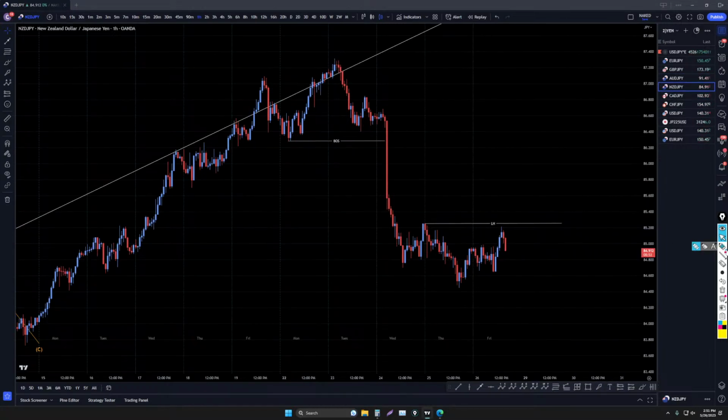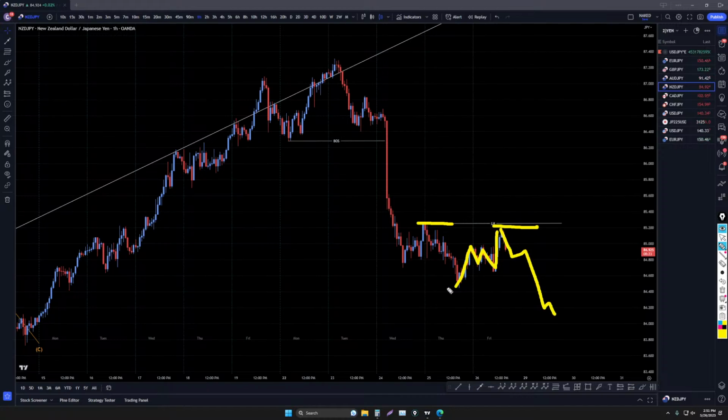Now the Kiwi, for some reason, is different. This one definitely made 3 waves up. It made a lower high, it made a lower high, and now it looks like it's going back down. The Kiwi is very weak right now for some reason. But really, if you were paying attention to that one, the fact that it has not broken structure to the upside, hopefully you would have been able to recognize 3 waves down, another wave up, lower high, impulsive down.